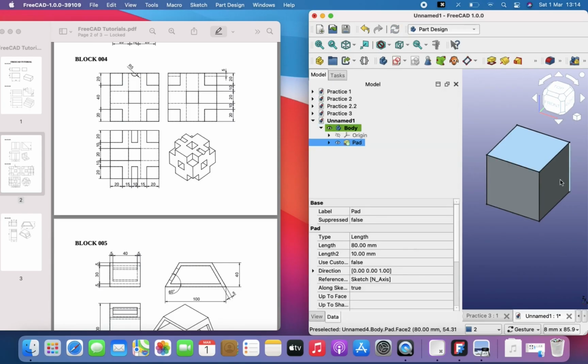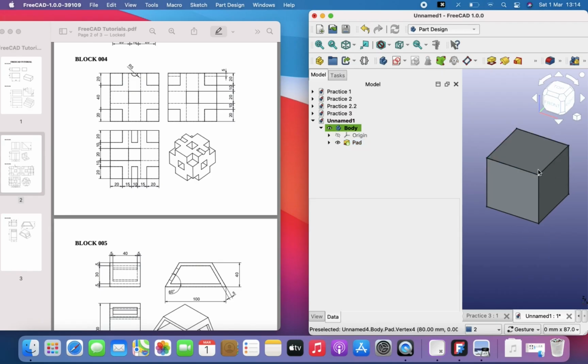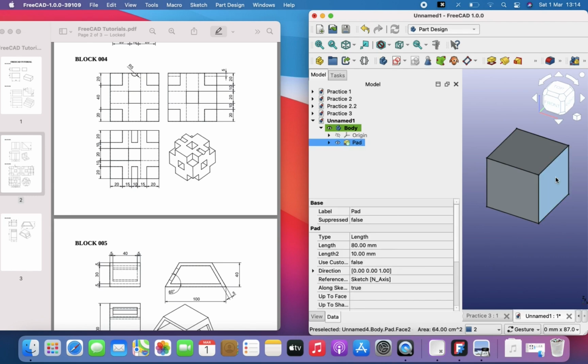So okay, and I have my block here. The next thing I want to do to this block is that I now want to start cutting it in different ways. So this is my block here. Now let's see, because of convenience, I'm just going to pick this block the way it looks now. I'm going to say this is the way it looks here. So if I pick this face here and I do a sketch,